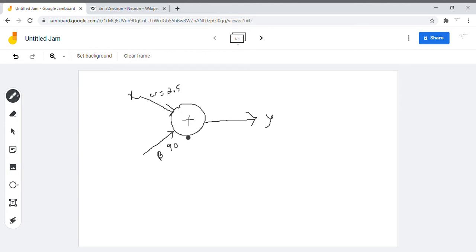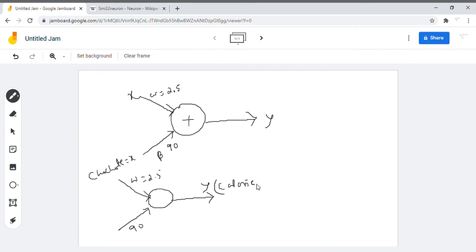Now just to take a real world example, let us say that you are actually eating some chocolates. That is going to be your x, and then the weight is 2.5, the random weight, and then the bias is basically 90 in this case, and then you want to know what is the calories after eating the chocolates you will get. I'll simply say that as calories. That is going to be your y. Now just to map this, for the chocolate, what I'll do, I simply take chocolate, the grams is 5 grams.